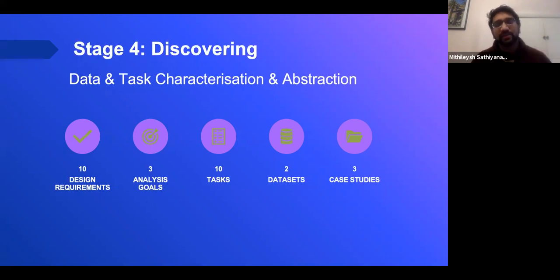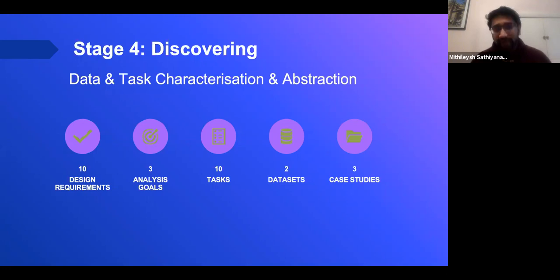So from the design requirements, we were able to capture analysis goals. By conducting interviews again, we were able to understand what the real goals are that we would like to have. And for each analysis goal, we were able to extract almost 3 tasks. In the third analysis goal, we were able to extract almost 4 tasks. The tasks were completely based on the temporal features. Second, it was based on the individuals that could play a role. The third was on the content. And the fourth was on the thread-based data.